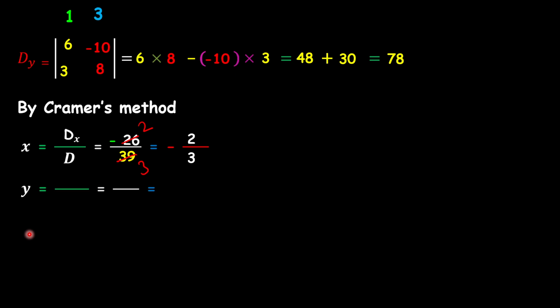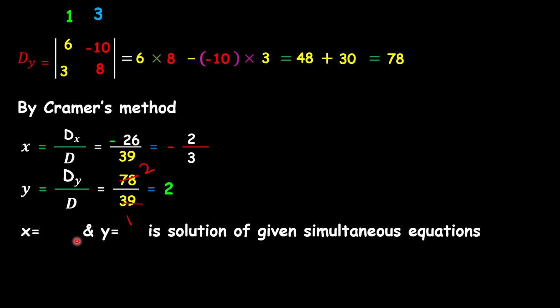Now y is nothing but dy upon d. The value of dy is 78 upon 39. Now observe 78 and 39. These are also multiples of 13, or 78 is twice 39. Therefore 39 ones are 39 and 39 twos are 78. Therefore we will get y is equal to 2. Therefore x is equal to negative 2 upon 3 and y is equal to 2 is the solution of the given